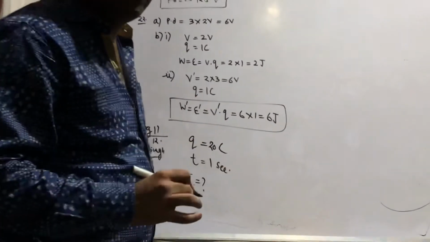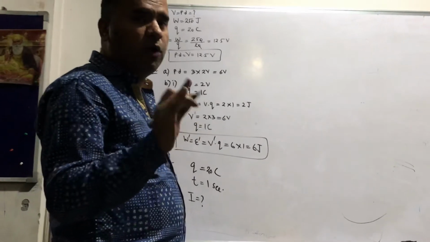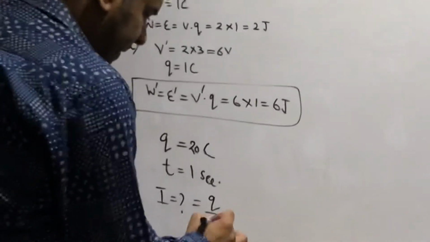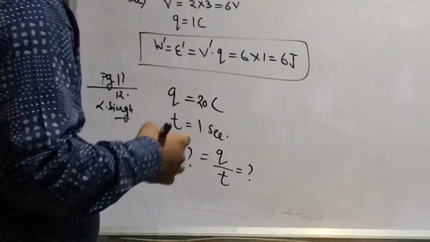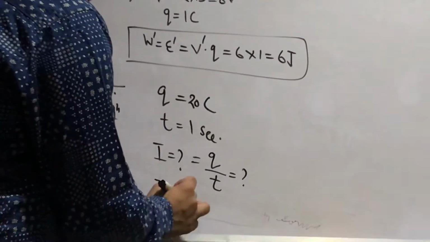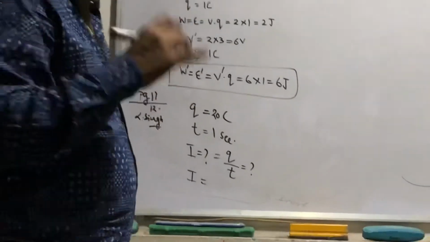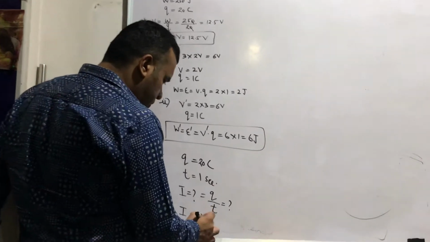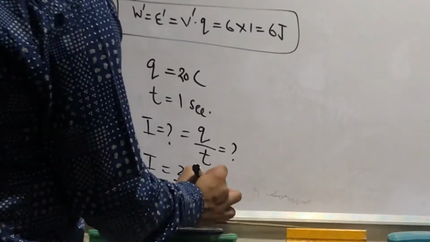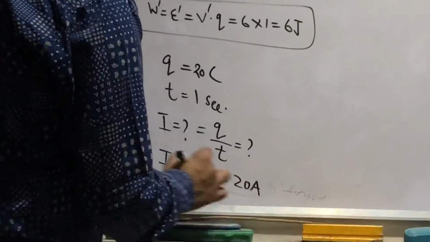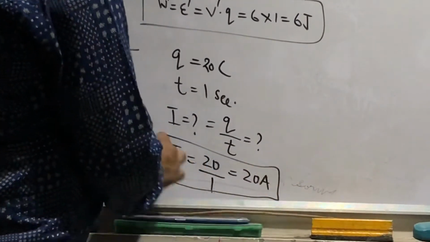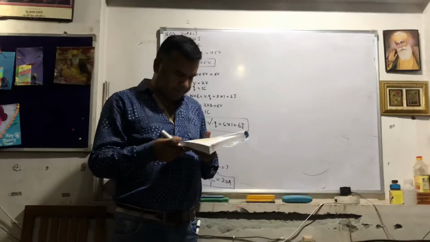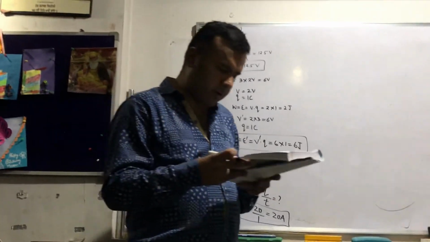What was the formula of current which I told you? Current is rate of flow of electric charge. So the formula of current is Q by T. Rate of means Q divided by T. You can do these questions along with me. Don't wait. Keep on doing the questions side by side. Right? In place of Q, write down 20. Time is 1 second. And you know the unit of current, that is ampere. So the answer is current is equal to 20 ampere. Right? Coming to the next question, which is important.